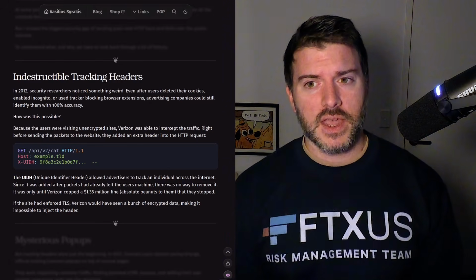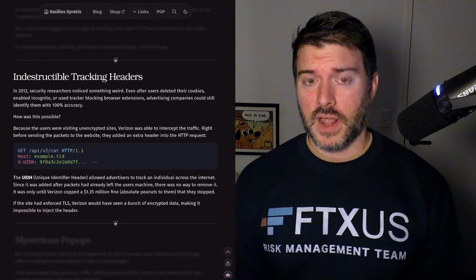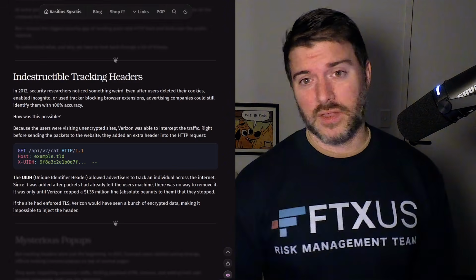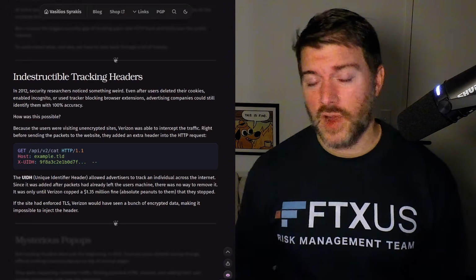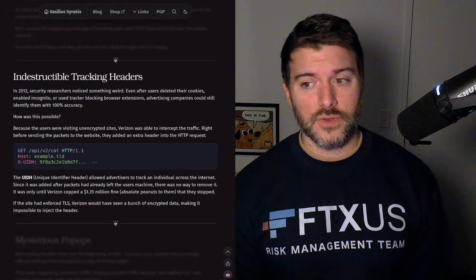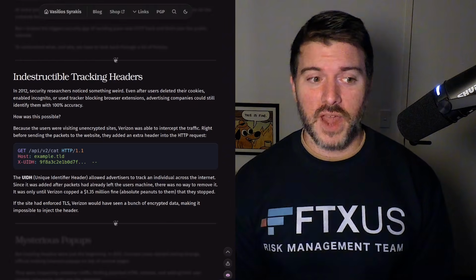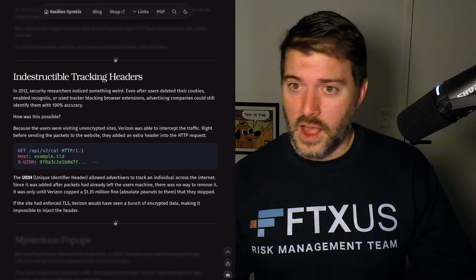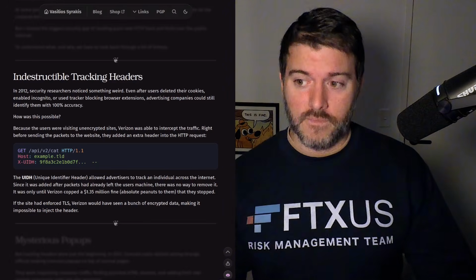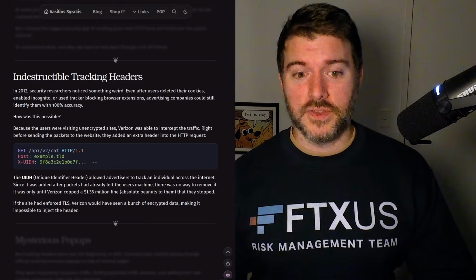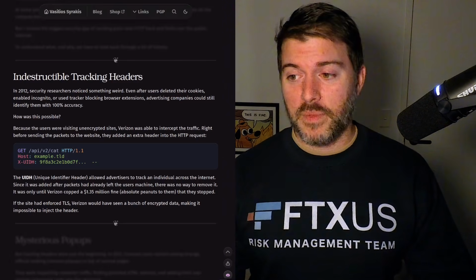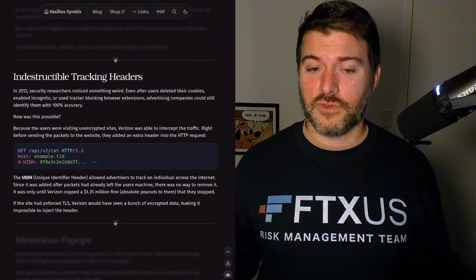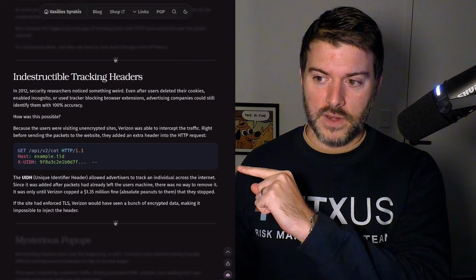Even after they deleted cookies, enabled privacy settings in their browsers, or used maybe extensions to block trackers, advertising companies could still track them with 100% accuracy. How was this possible? Because when the users were visiting unencrypted sites, Verizon was able to intercept the traffic. And right before sending the packets to the website, they added an extra request header. This little one down at the bottom there,